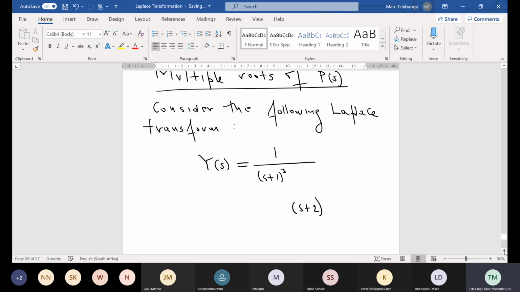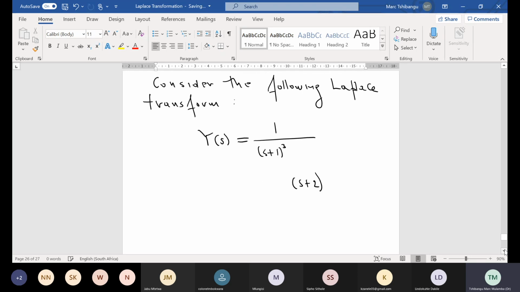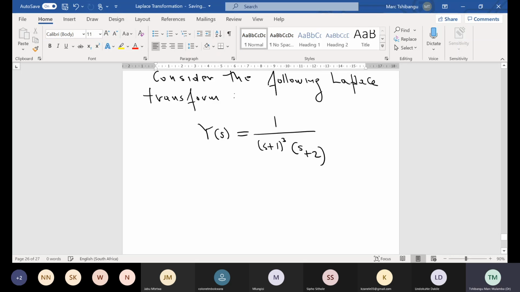So here our characteristic equation has been factorized, so no need to find the root. Very easy to find the root, all right? s plus 2. So the roots of P of s will be